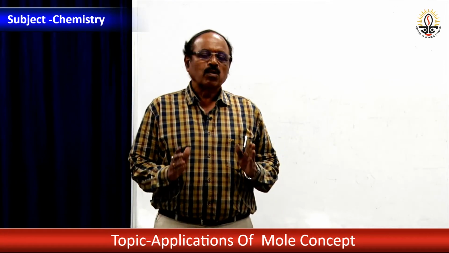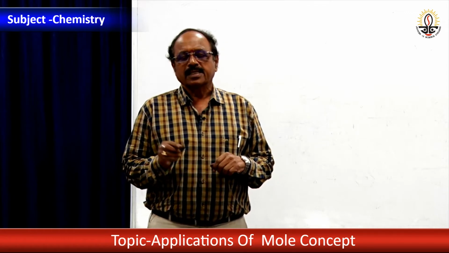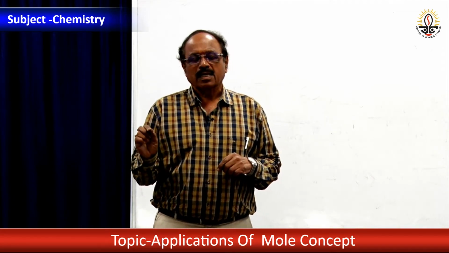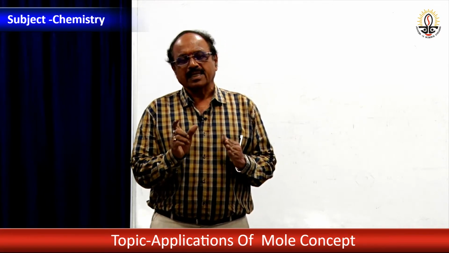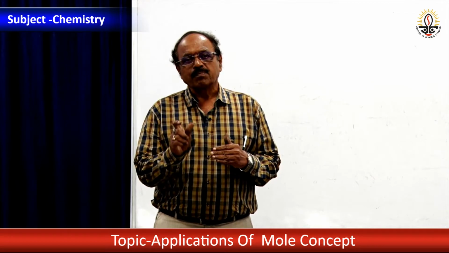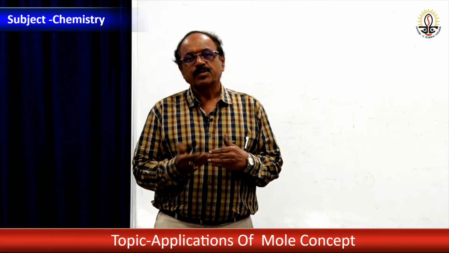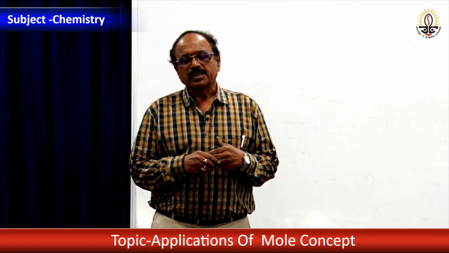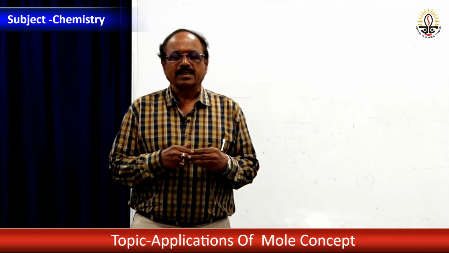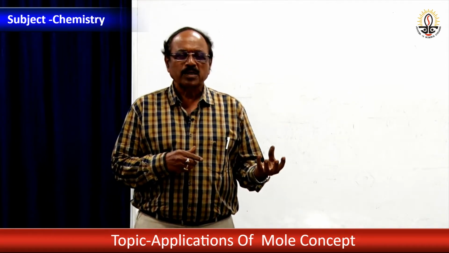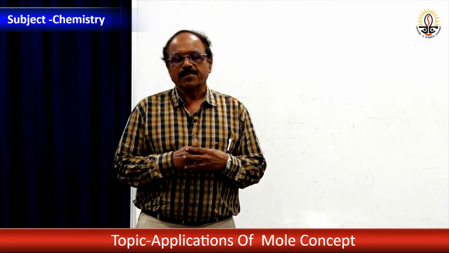When I use the words amount of the substance, I mean, because in the bracket I am writing the particles atom, molecule, ion, the amount means the element, the compound, then the ion. That is the reason I am using the word amount. Particles of its kind: when I am taking an element, I will consider atoms. When I am talking about a compound, I will consider molecules. When I take an ion, I will talk about the ions.